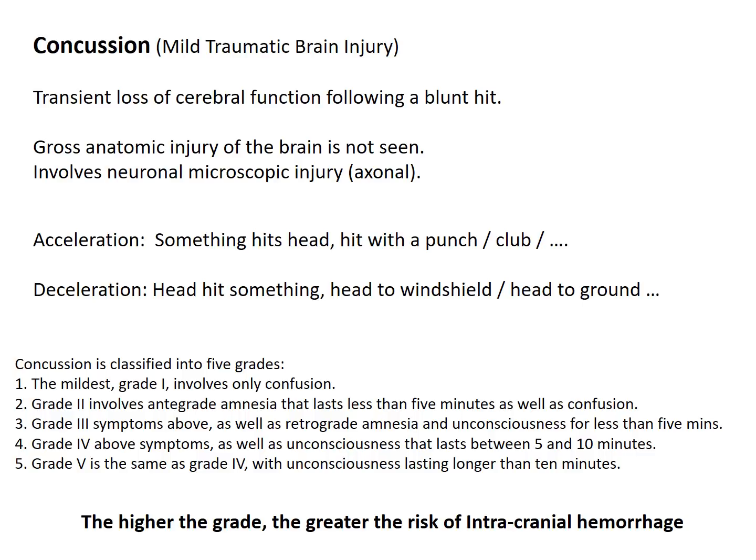Blunt trauma can come in one of two different types, accelerating and decelerating injuries. So accelerating injury, something hits the head, such as a punch to the head. A decelerating injury, the head hits something, like a head going into a windshield or a head going into the ground. Forces inside the brain, forces inside the skull of that brain being shifted due to the blunt force, can lead to microscopic injuries on axons, producing that transient